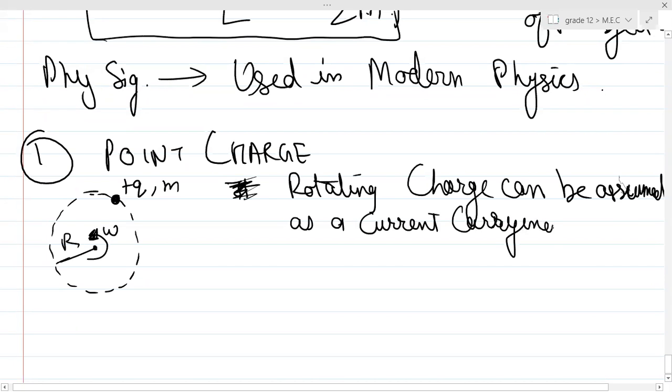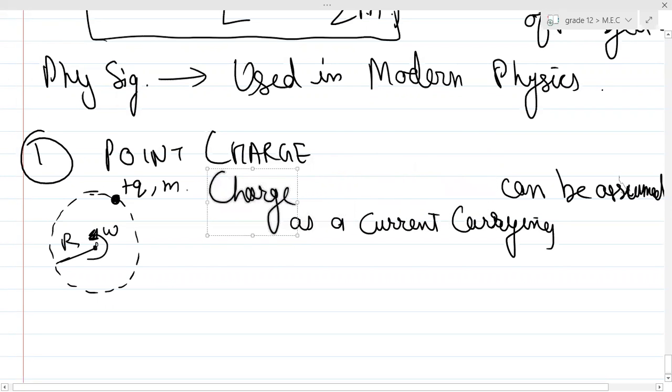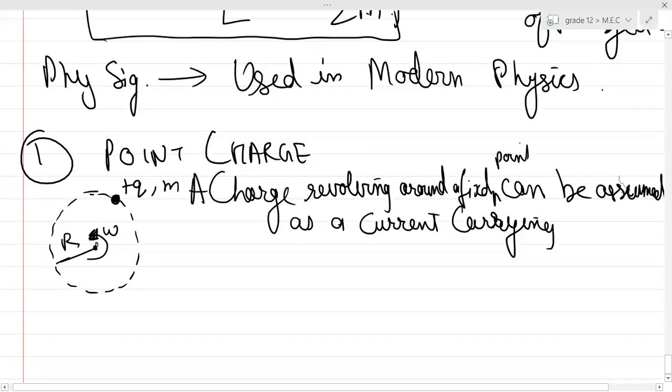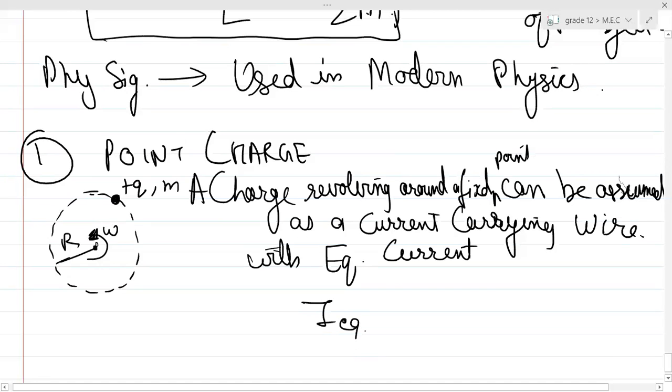Whenever a charge is rotating about a fixed point or revolving around it, a charge revolving around a fixed point can be assumed as a current carrying wire with equivalent current. I equivalent is equal to